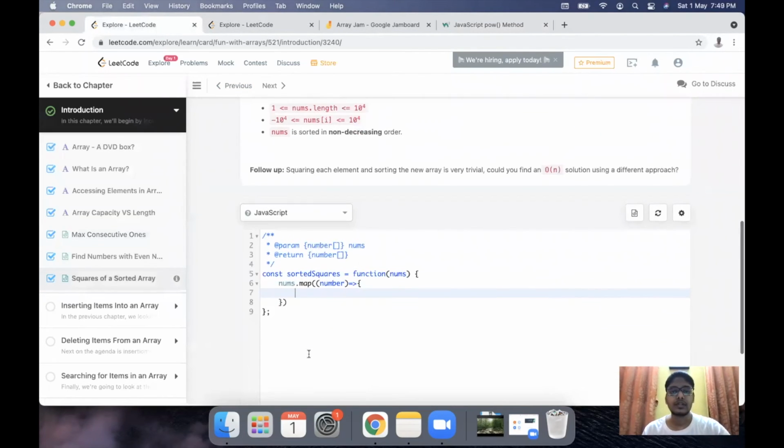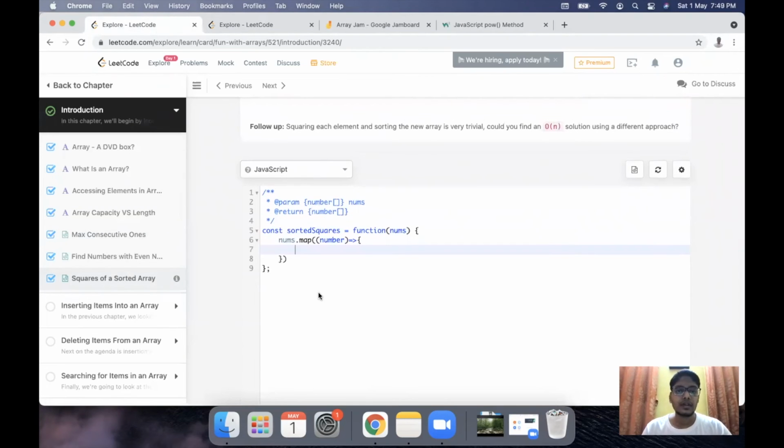So coming back to our code, we can use Math.pow, which is POW, then pass the number itself and raise it to the power of 2. Now we need to return this value because we are using a map function.